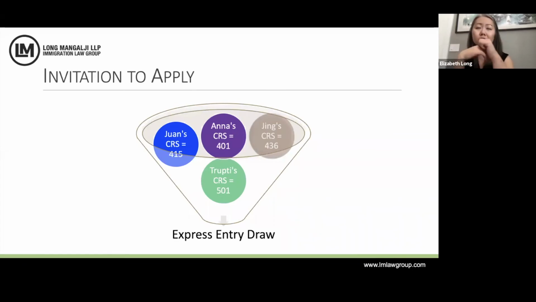So before we had draws usually where they had no specific category. Everybody in the pool got drawn. If everybody in the pool got drawn, then for example, the last draw was 472, right? And it was no differential, everybody had a chance, then Trupti would for sure get through. But if they specify, and during COVID, they have started to specify a lot more, especially for Canadian Experience Class, then the people who have Canadian Experience Class would have a much better chance to get through, okay?